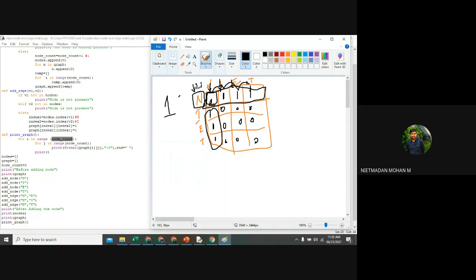And after that what will happen? It will take this as my first node, I, which will be the first node, and J will be the second node, that will be the J. And again this will be printed in your matrix form. Likewise, it will continuously move till the n number of nodes.